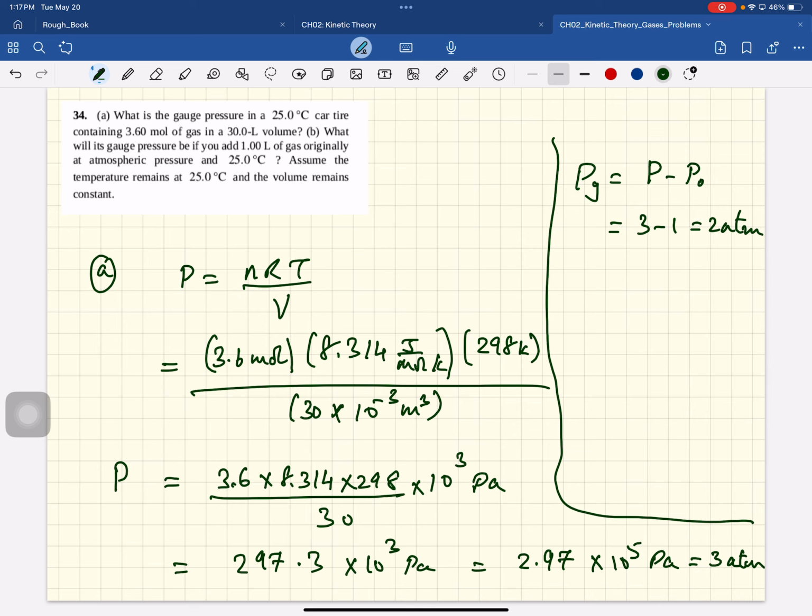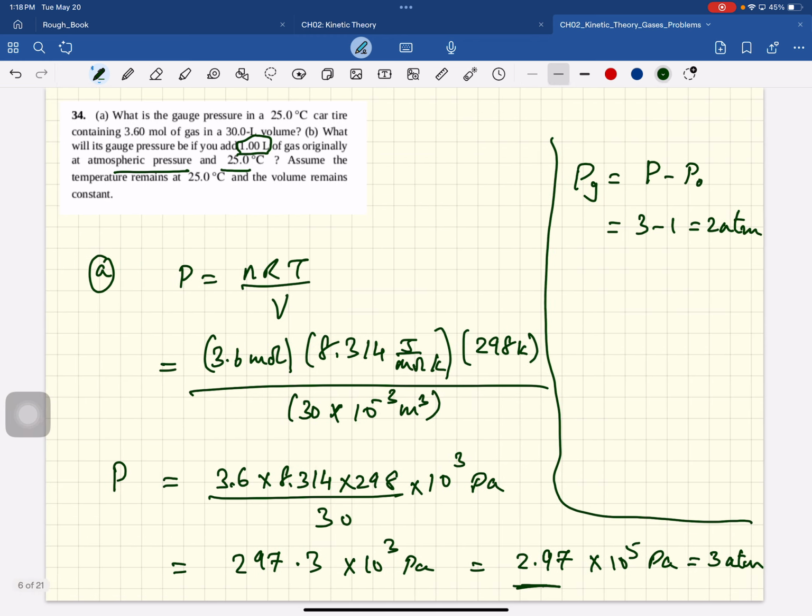Well, it's slightly below 2 atmospheres. So what did you do? You went to Wawa and added 1 liter of air. Okay. So if you add 1 liter of gas originally at atmospheric pressure and 2.5, and the volume remains constant. Okay, so what we're going to do is,